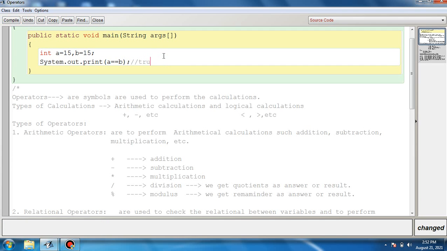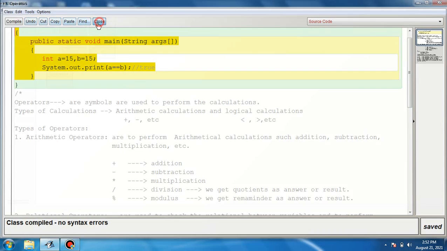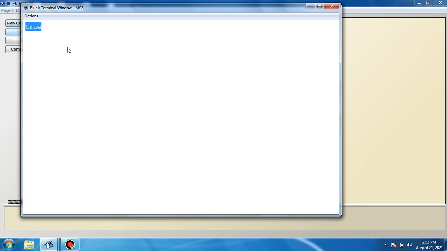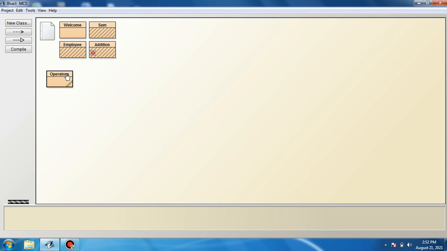Why are we getting only true or false values? Because all relational operators return a boolean type of value. If we run this code, you can see here, they are used to compare whether the values are equal, greater, greater than or equal to, or less than or equal to.